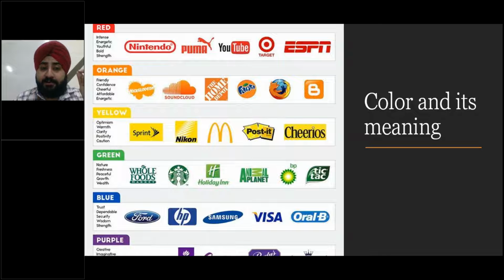The brand Puma. Okay, so Puma is basically directly related with the sports brand, right? So they manufacture sports goods, basically the shoes, t-shirts, and other things. So sports means energy, youth, it needs strength. So red is the perfect color for that. Okay, so if I jump to the blue color, the second last one, companies like Ford, HP, Visa, Samsung, even